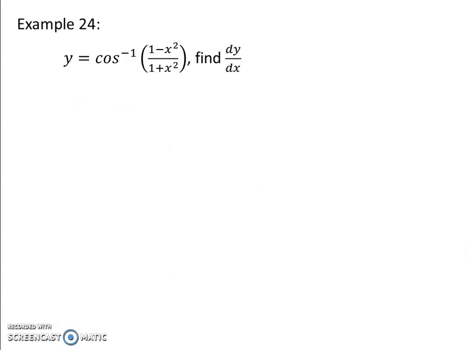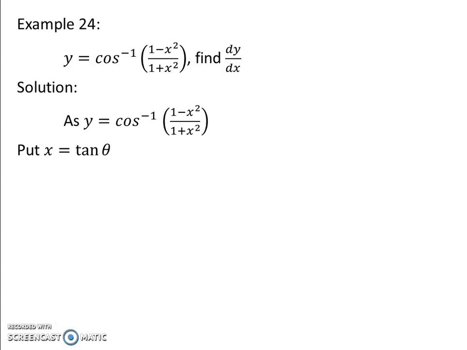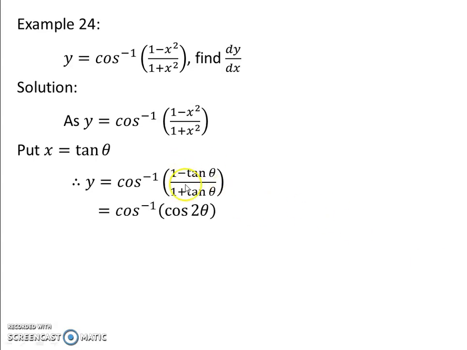Next example, cos inverse of 1 minus x square upon 1 plus x square. Now again this is different than the previous one, but again I have told you to observe the substitution table. So this problem can be solved using some substitution. If you put x equal to tan theta, from the table, we get cos inverse of 1 minus tan square theta upon 1 plus tan square theta, and we know that this formula is nothing but cos 2 theta. Simplifying this we get 2 theta, but theta is tan inverse x, therefore 2 tan inverse x. Differentiating we get 2 upon 1 plus x square.